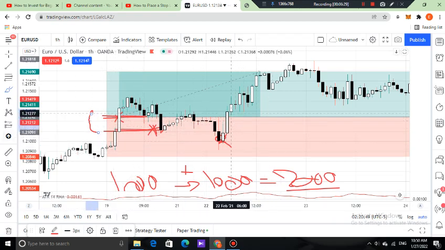And when price goes up, for example this candle happens, and hits your initial entry point, your old entry point,